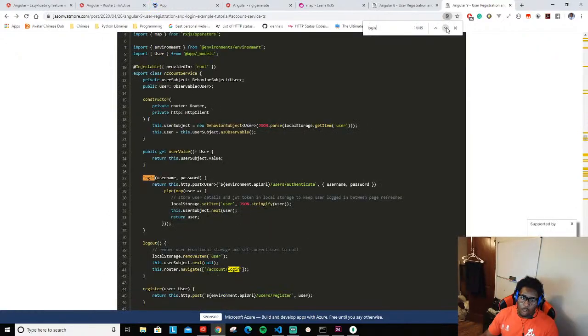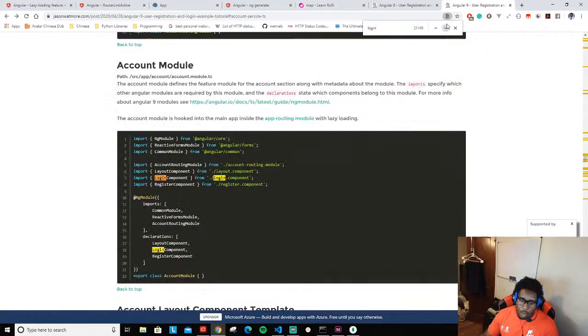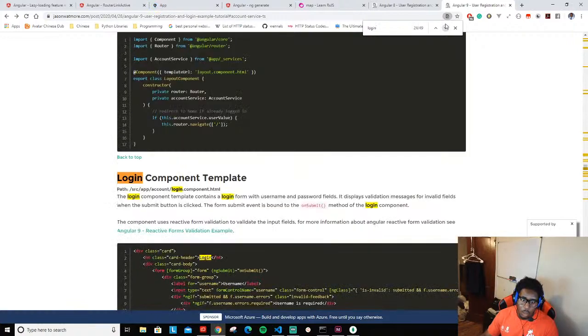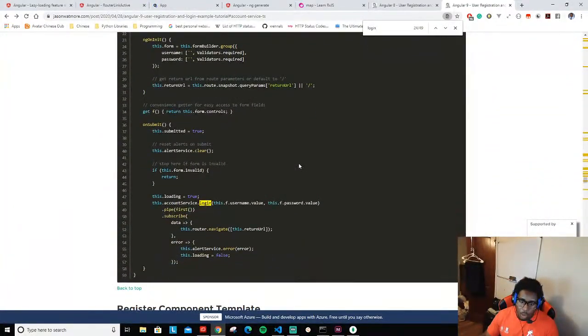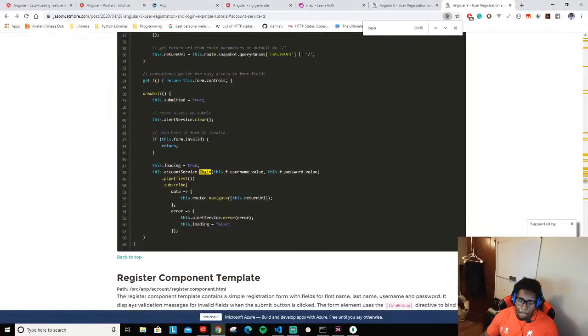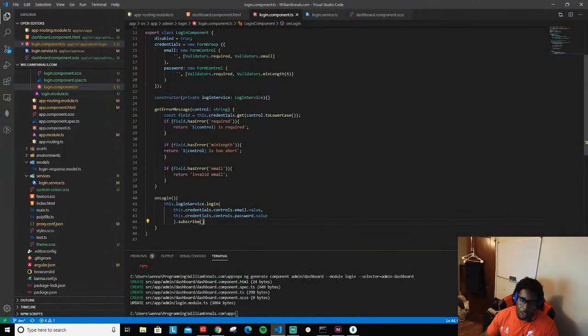So let's go down to the login component, because there's still more to do. Login component templates, and login should be just below it. So now you've got your login, and you just did the same thing to break it out. So now this is where we're going to go ahead and say... I'm just so used to doing .subscribe that I pretty much don't even think before I do it. But it actually works now, as you see,